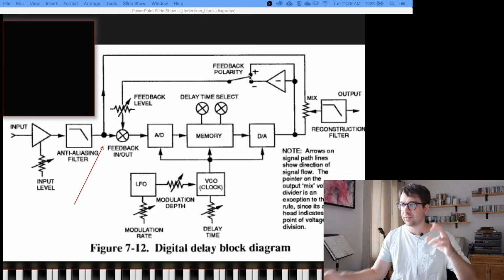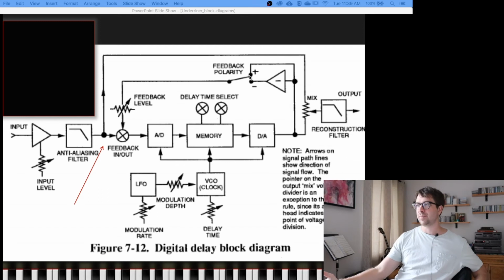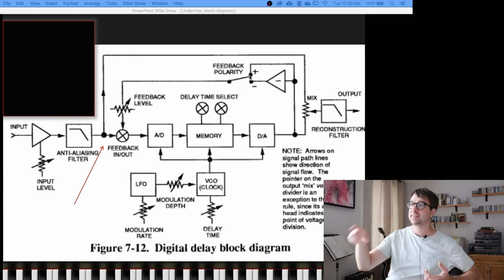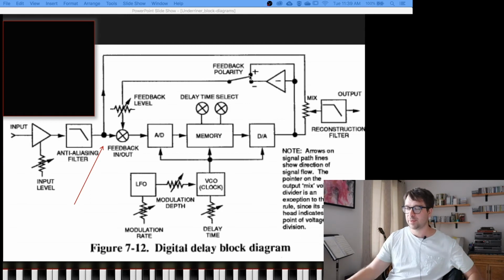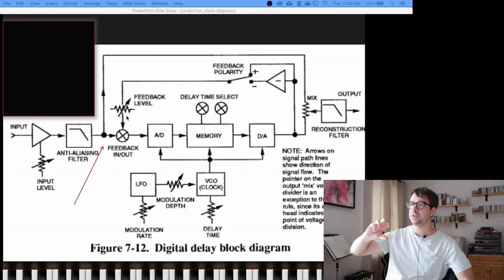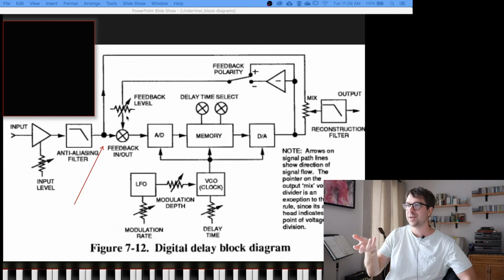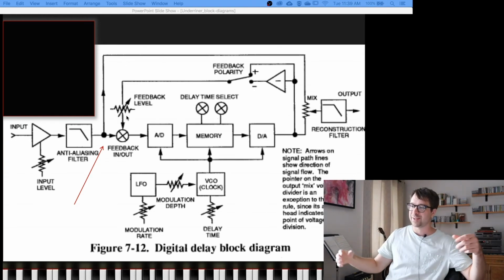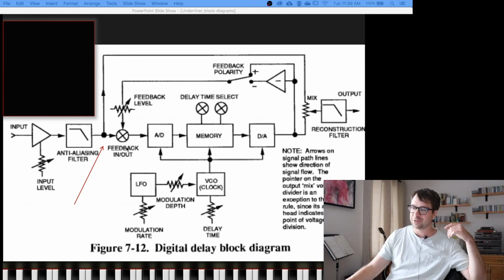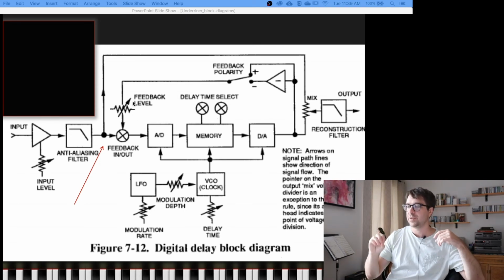And it says feedback polarity, so this is just describing is the fed back signal going to be positive or negative compared to the original? And then feedback level. So how much of the delayed signal are you then feeding back into itself? If you turn the feedback signal all the way up, you'll basically get this crazy feedback loop distortion happening within here. And if you turn it on just a little bit, then you just introduce a little bit of signal back into the loop. So it'll be something like da, da,